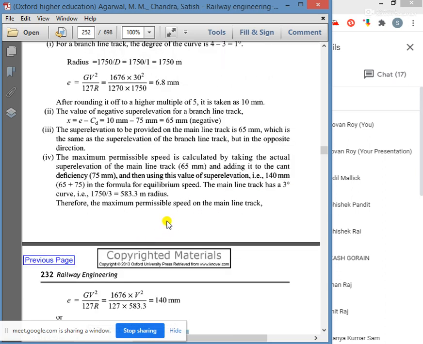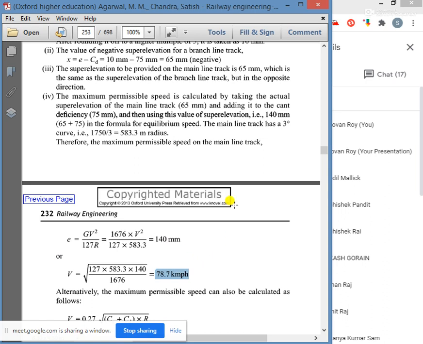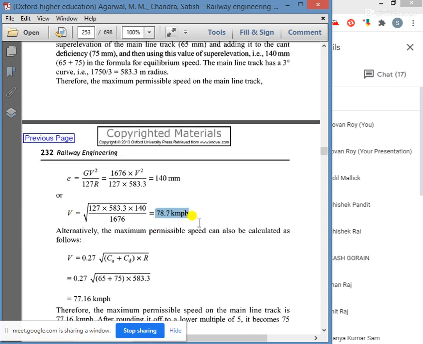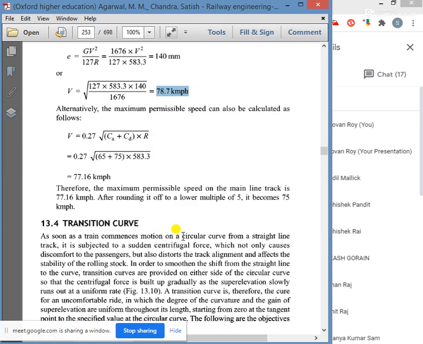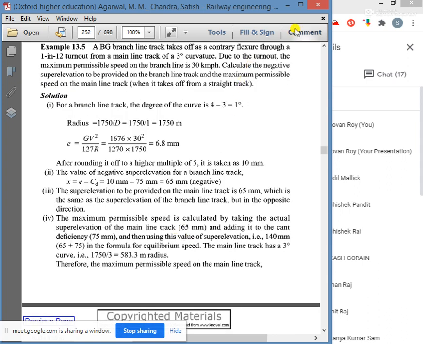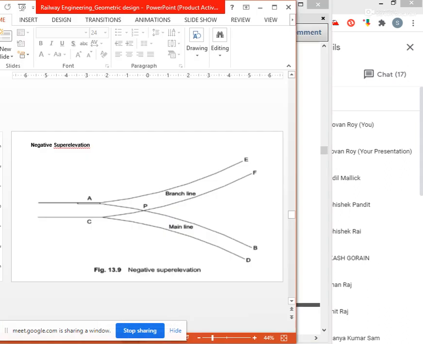Now, to calculate the speed of the main line, add the cant deficiency value to the actual superelevation of the main line, and finally you can find out the velocity of the branch line. Okay, the permissible velocity on the branch line. This is one important numerical for negative superelevation, which may come in your exam. After that we will go to